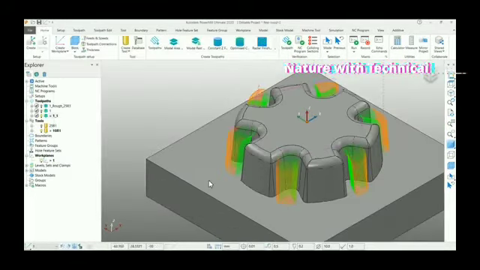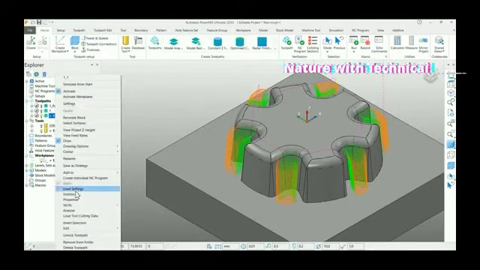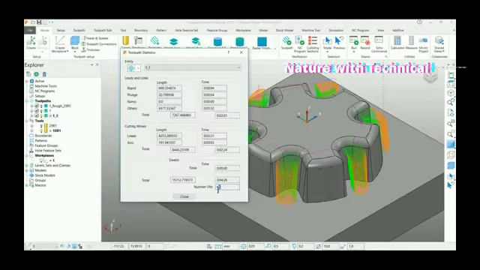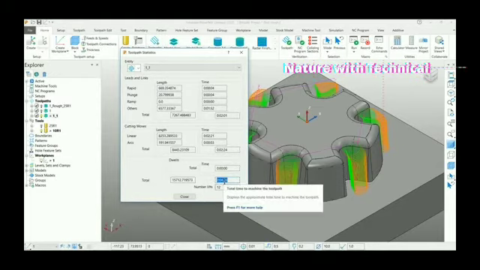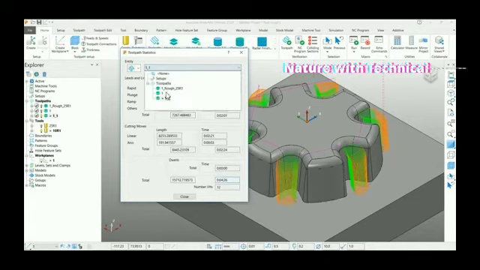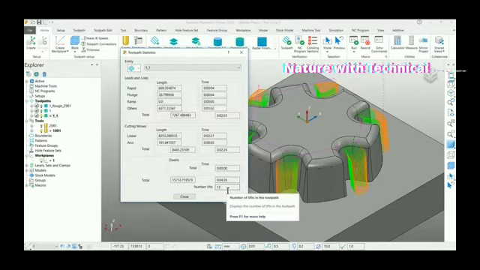If you see this toolpath in the statistics page, it has only 12 lifts. At the same time, your programming time also comes to less than the previous toolpath's 5 minutes 15 seconds. And comparing the lifts with the previous toolpath's 360 lifts, here it comes to only 12 lifts.